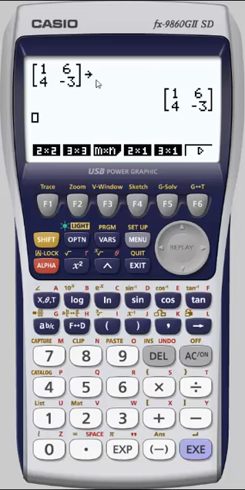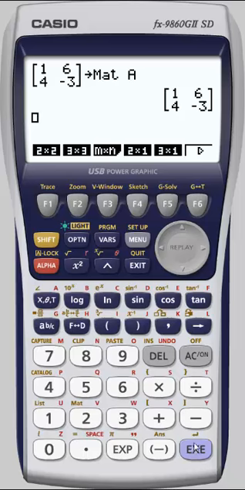In this case, I'm going to store this matrix into matrix location A. And to do that, there's again some options. Probably the easiest in our current configuration is right above the number 2, you'll notice in yellow, Mat, which stands for matrix. I'll call that a keyword because that's the keyword that's important in order to let the calculator know you're dealing with matrices. So shift matrix, and then I can name the matrix, in this case matrix A.